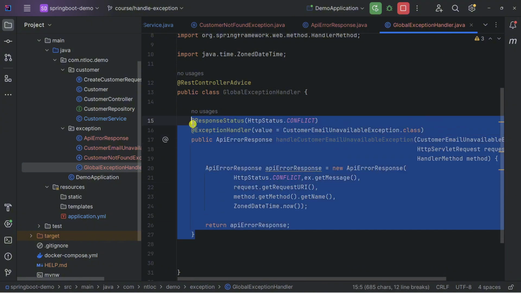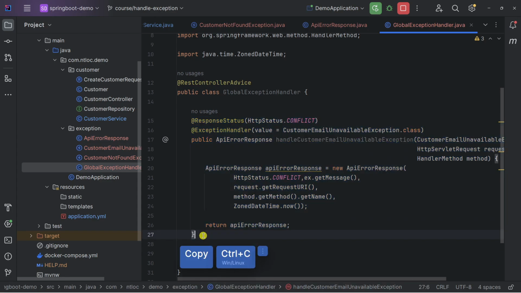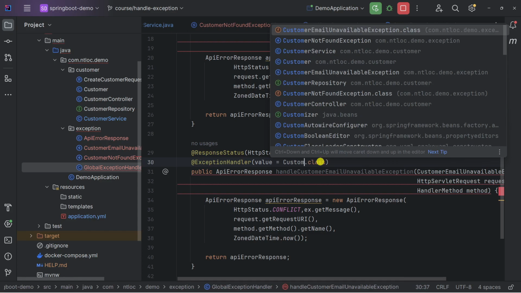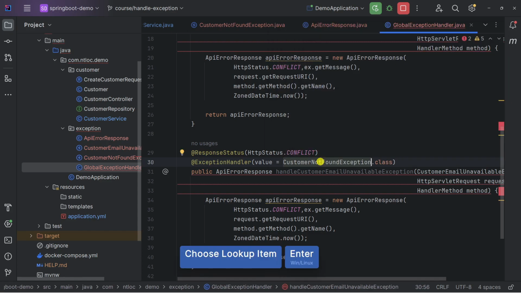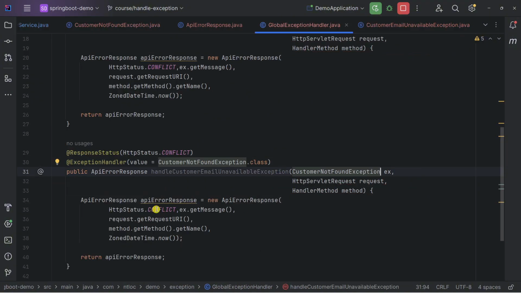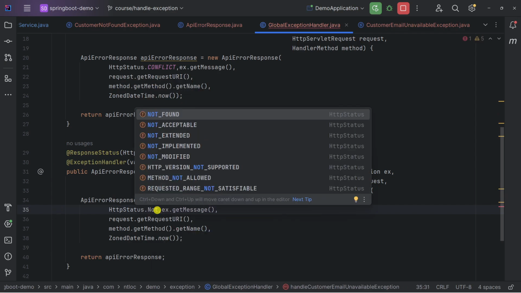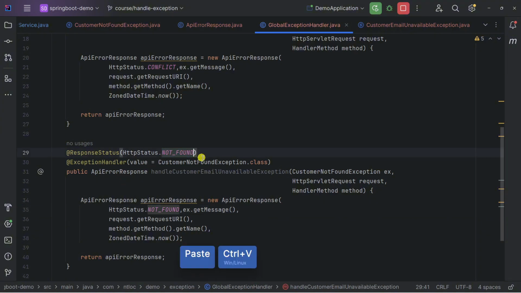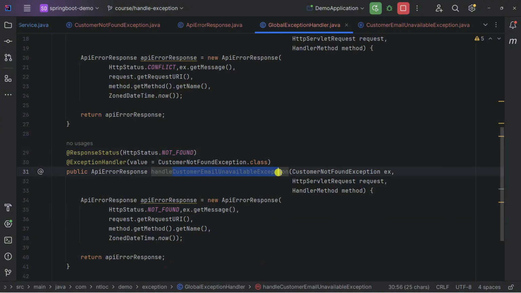Simply copy all of this and paste it here, and we only change the exception handler to customer not found exception. I would like to close the project tab, and instead of conflict we need to change it to HTTP status not found, and also the response status as well, and this method name.